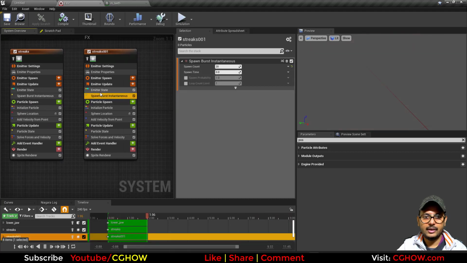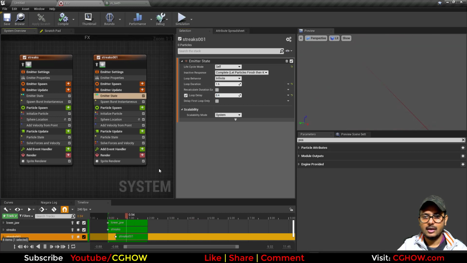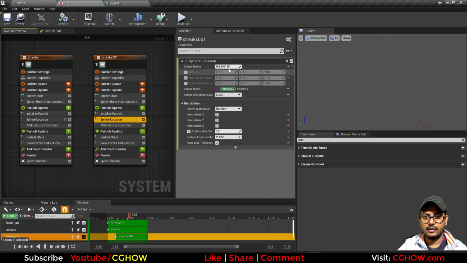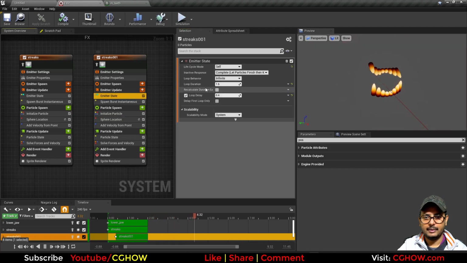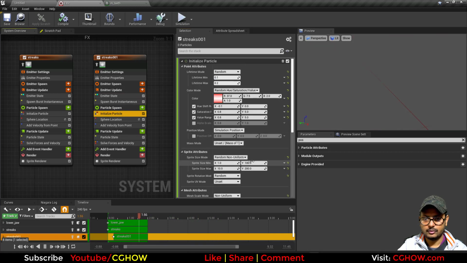That means there will be a delay of 0.4 here, 0.4, so that means it will be 1.6, and the velocity will be outward maybe 2000, and the sphere location will be very small, maybe 0.3, 1.7, and I'll make it like 30 or 40. And also I will randomize this, and also randomize the life. Yeah,